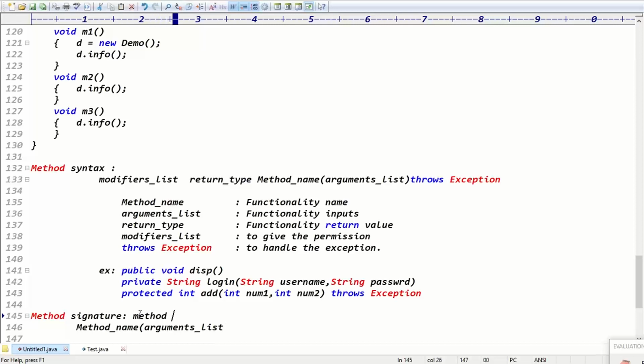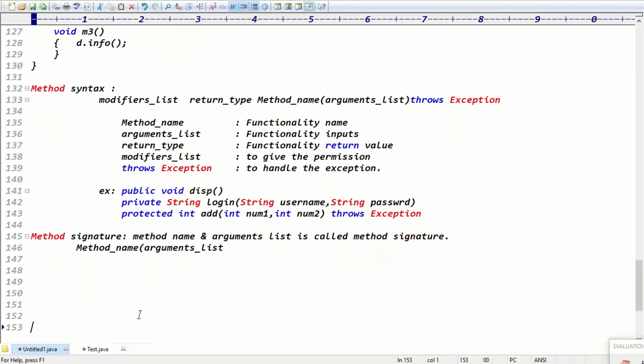Method name and arguments list is called method signature.